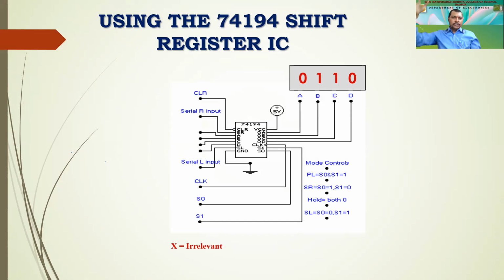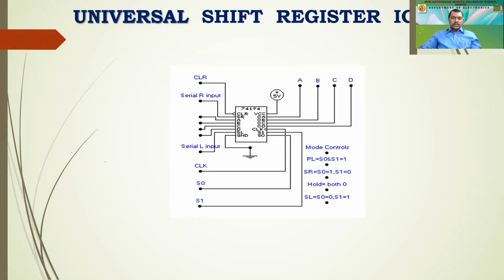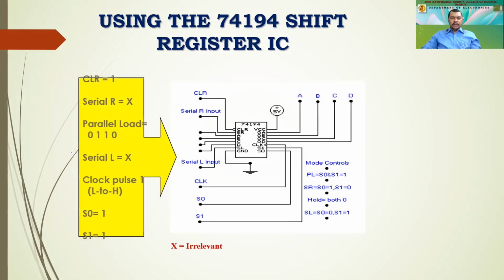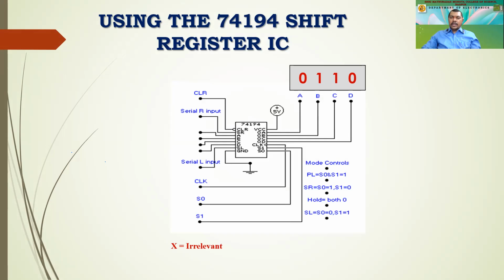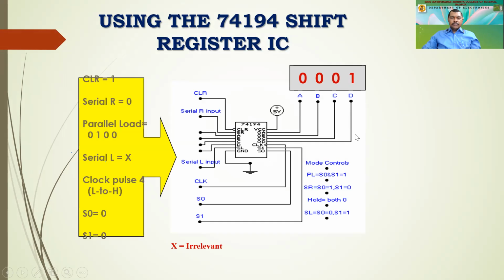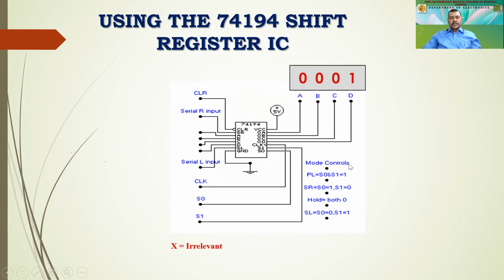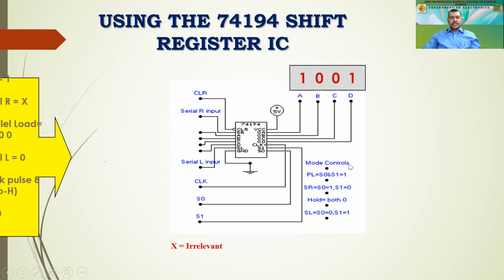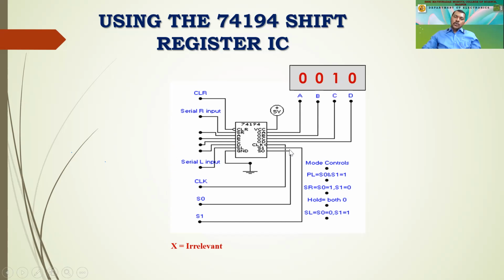Okay, so using this, let us see what we can have. As you are able to see, these are some of the data which we are applying to the IC. This is number one, and therefore we are having this output. Then we are having this. As you go on giving the data, the data will change accordingly in that IC. So this is parallel in, parallel out, parallel in, serial out, and all sorts of data that is given. As you go on changing, there will be change in the output A, B, C, D.